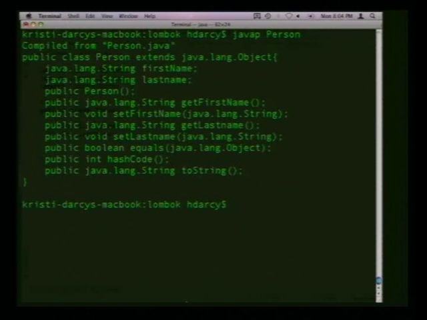The point of this is to take all of that getter, setter, boilerplate out of the Java source file and just make it disappear, right? And this is the primary use of Lombok. There's also a couple others. There's a @Synchronized annotation, and let's